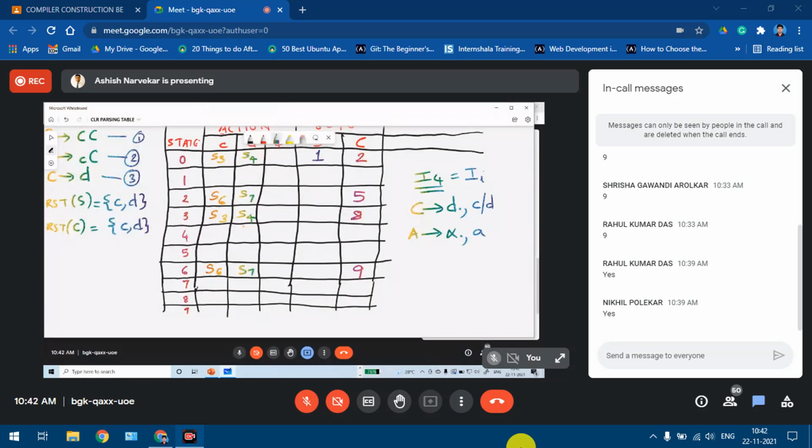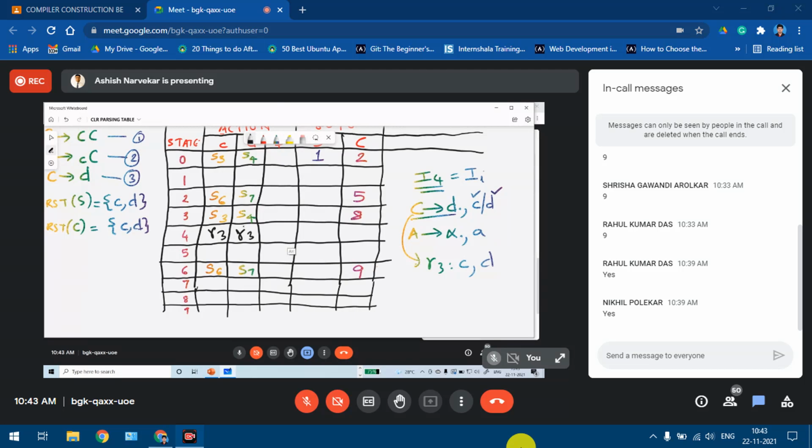So which are the look aheads over here? We have two look aheads. C is the first look ahead, D is the second look ahead. So under C and D, what we need to write is the production number of this. The production number of this is nothing but R3. We can see in the grammar on the left hand side of the whiteboard. So we need to make R3 entries under C and D in row 4. Under the C column, we have to make R3 as the entry. And under D, we have to make it R3.